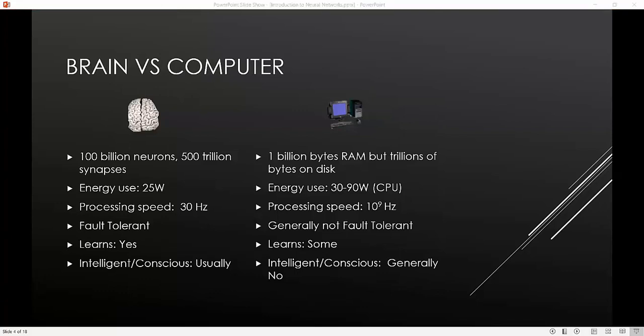So just some fun facts. The brain has 100 billion neurons and 500 trillion synapses, whereas a computer has only 1 billion bytes of RAM, but also has trillions of bytes on a disk. The brain uses less energy, so it's a lot more energy efficient than the computer. But you can see that the processing speed of the brain is a lot slower than the processing speed